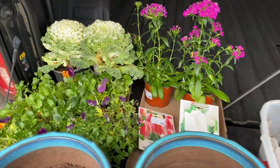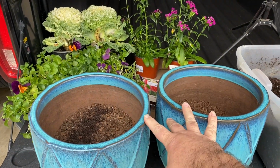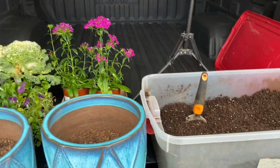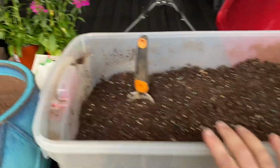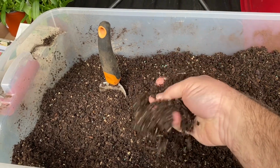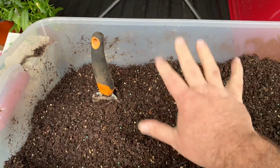Okay, so here we are. I've got the 2 smaller containers from each side up on the back of my truck. I like to work here, it's a good height. I've got some soil. I have already pre-mixed in some Biotone starter fertilizer and some generic fertilizer into this potting